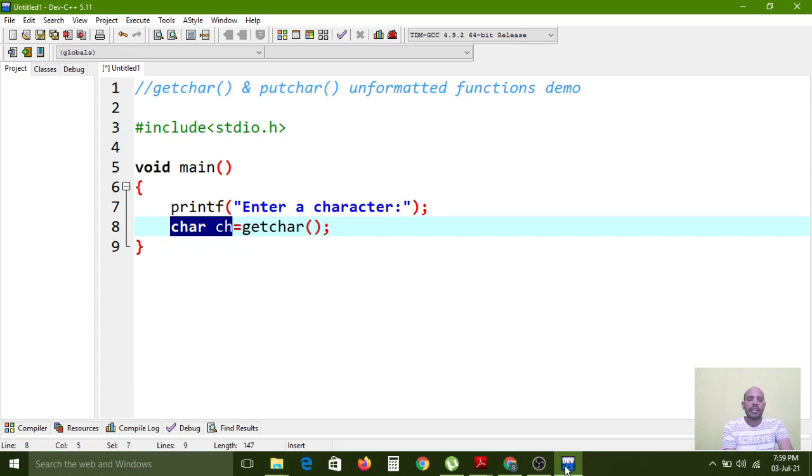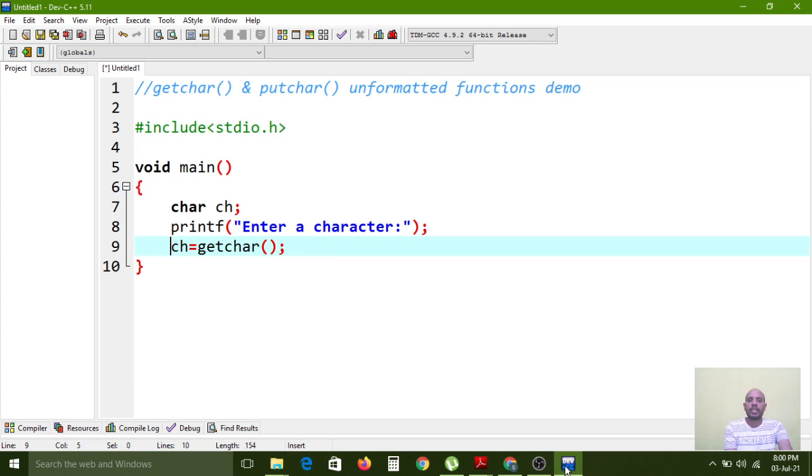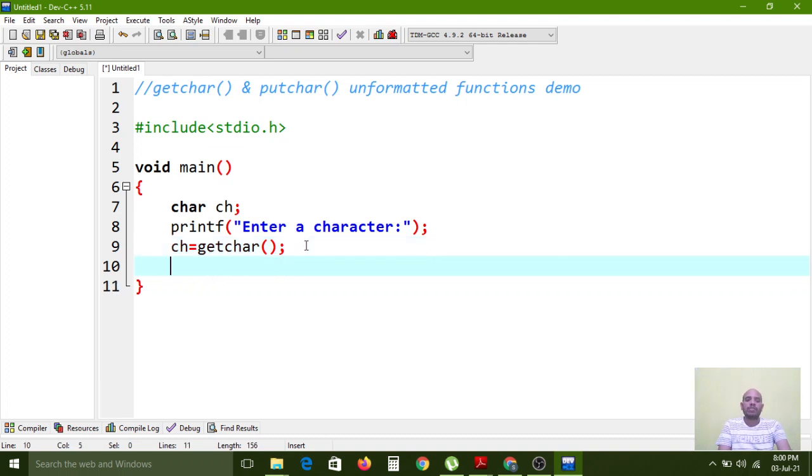Instead of declaring it here, you need to declare that variable at the top of the function. So a data type is not required here, because the variable declaration is already done at the top. We have created the character data type, and in that character variable we store the collected input value. That is the meaning of this.